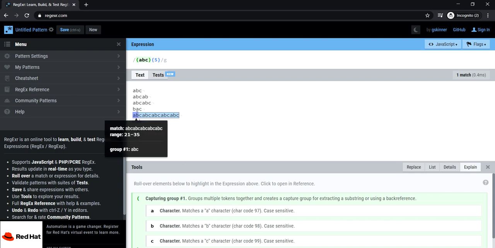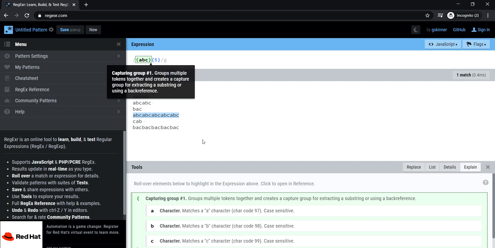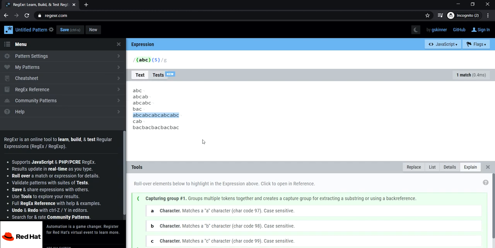But if I do the same thing with BAC, BAC, BAC, BAC, BAC, that too 5 times, it won't take it because it wants this grouped expression 5 times. And we can also apply one of the repetition operators, let's say plus, to repeat the group of characters over and over again.